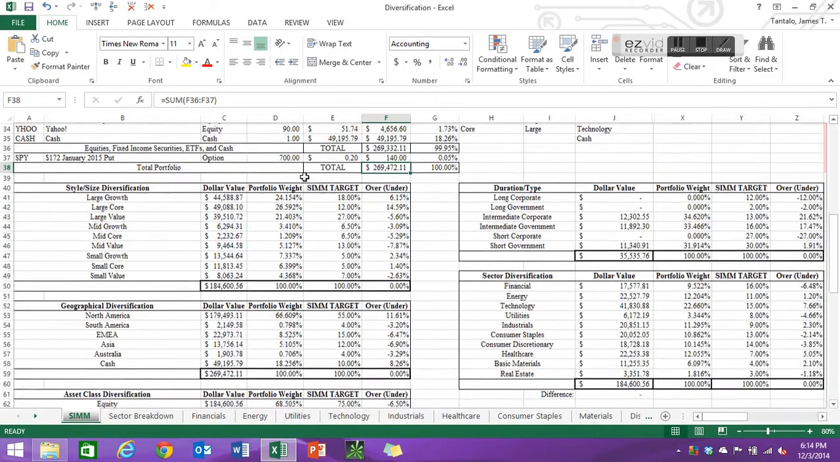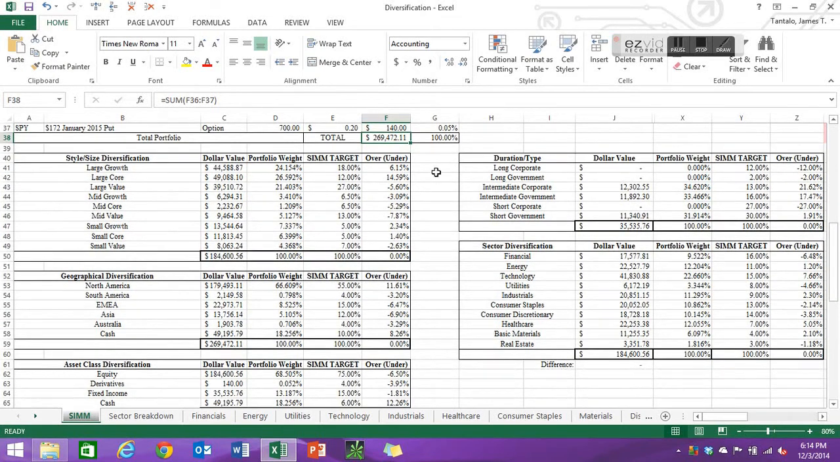Now, as we move down here, I'm going to talk a lot about style and size diversification, geographical diversification, asset class diversification, our fixed income diversification, and lastly, our sector diversification. And we also have some graphs that break down these things a little bit better. So, first of all, we've got